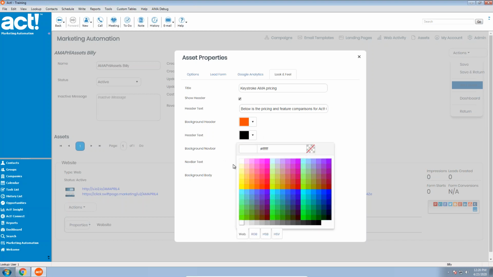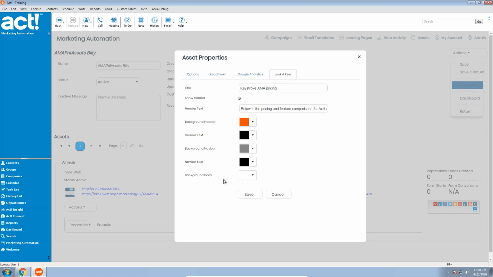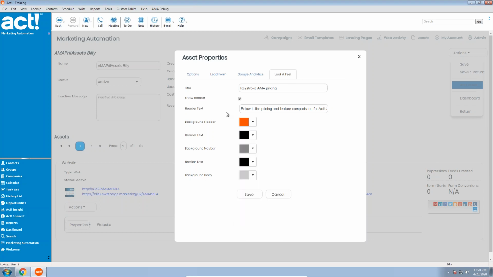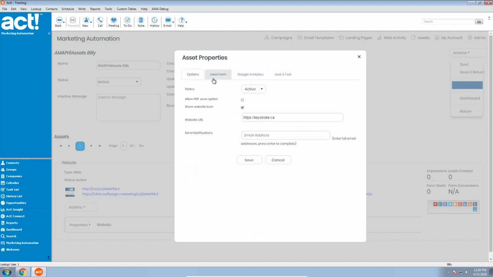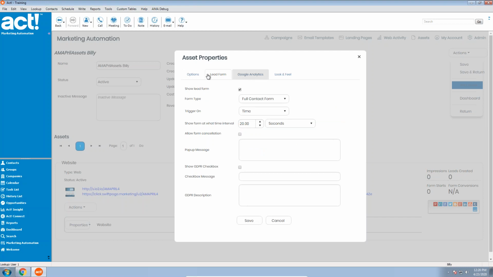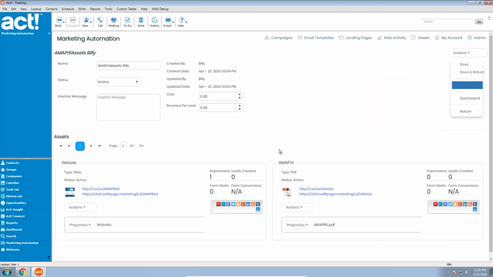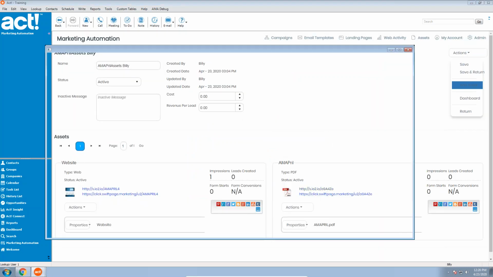And then for a background nav bar, I'm just going to make it a little gray, and then the background body, I'm going to make a lighter gray, just so you guys can see the different sections whenever this goes up. So these are the individual options that we have here. We're going to really look at this lead form and see how this looks. So I'm going to save this asset. And now when I open the asset,